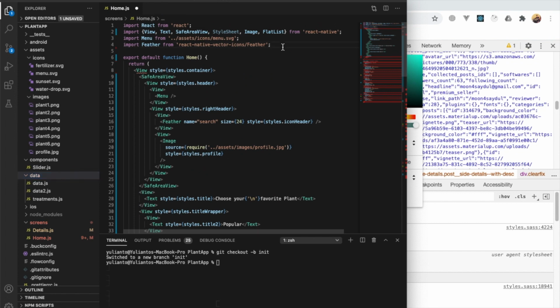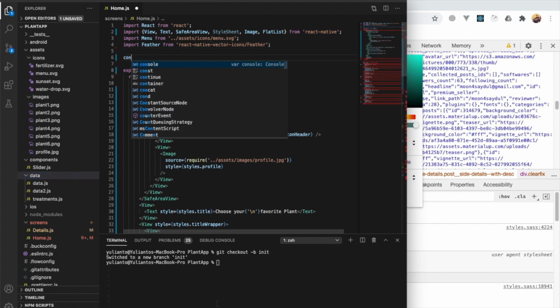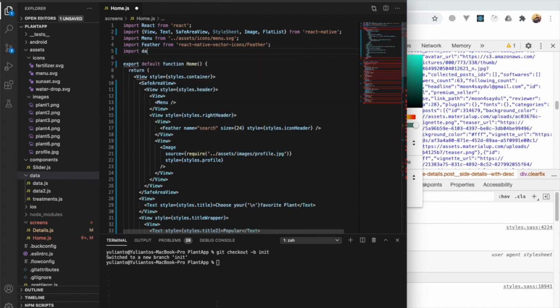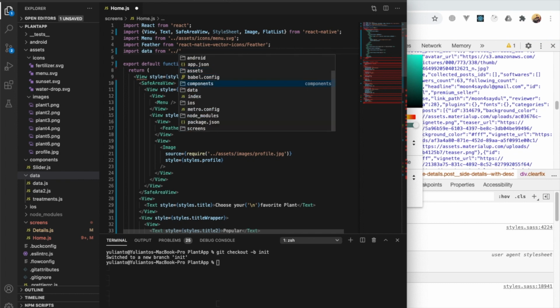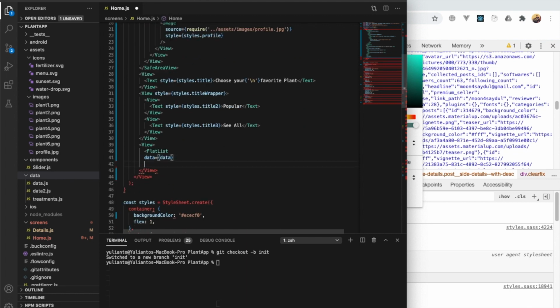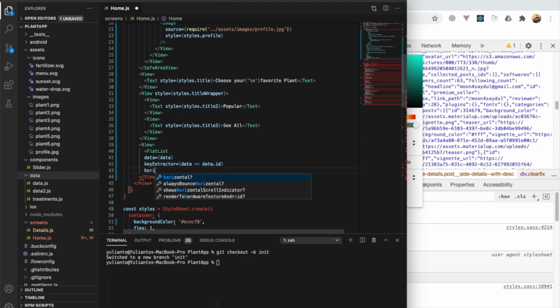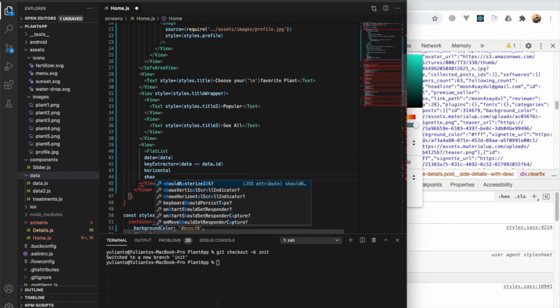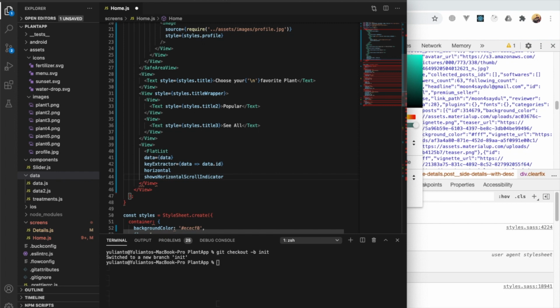I've already created, so you just const or import data from data/data. Okay, and the key extractor will be data ID, and it will be horizontal, and I'm gonna hide horizontal scroll indicator. Scroll will be false, and